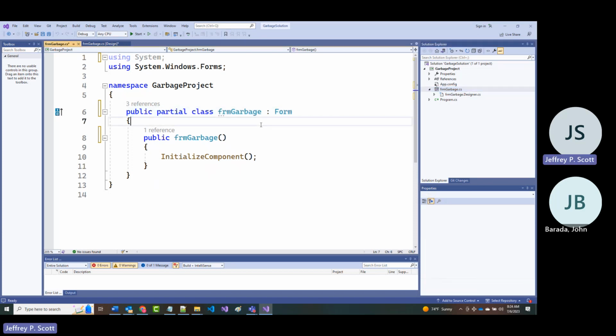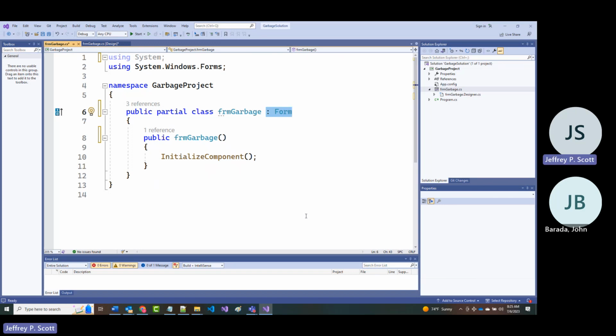The big thing that we've never really talked about before is this. That means that our FRM garbage that we just created, with the colon followed by the word form, inherits from system.windows.forms. So FRM garbage is a child of a Windows form.